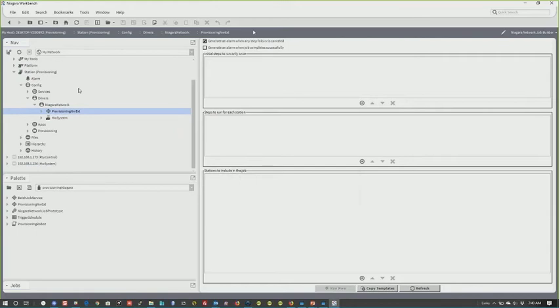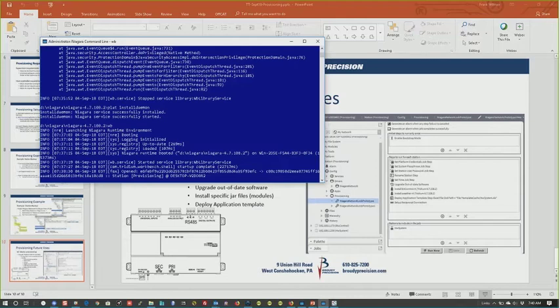Anything else on provisioning? Right, and a